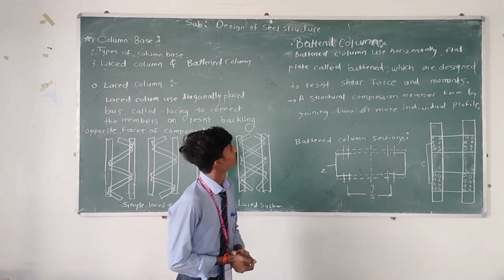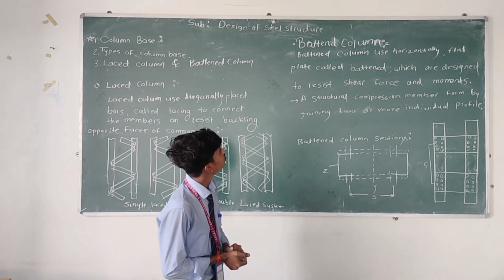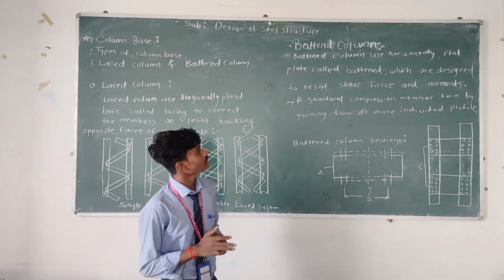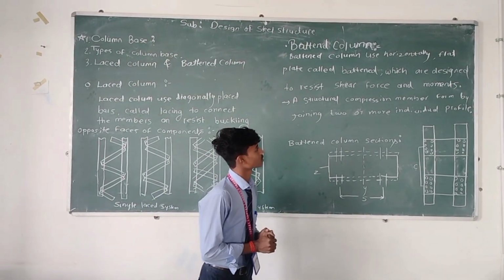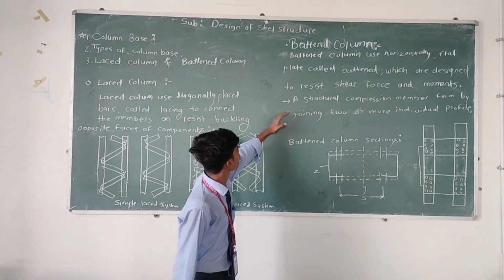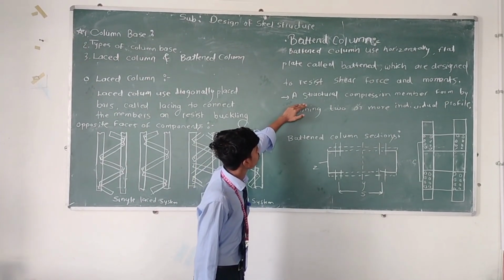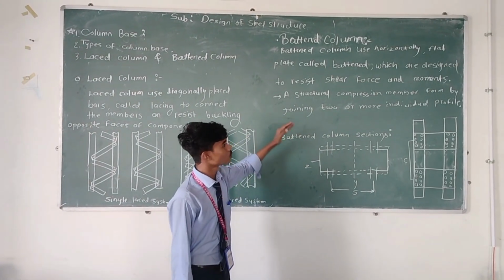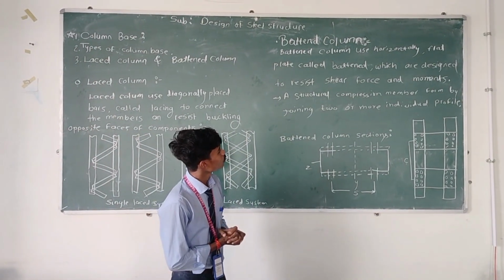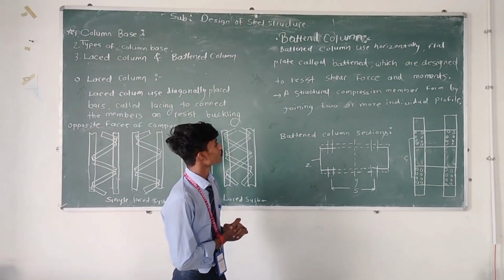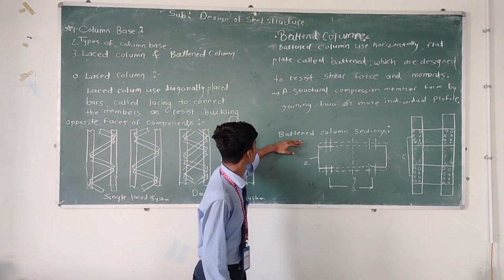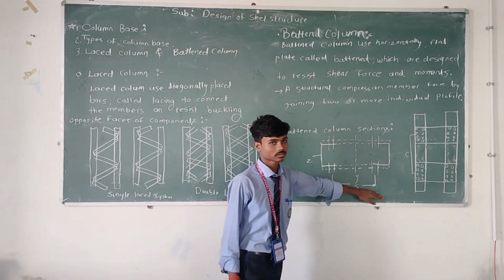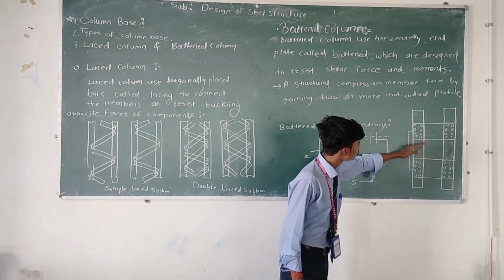So next, batten column. What is batten column? Batten column uses horizontal flat plates called battens, which are designed to resist shear force and moments. They are structural compression members formed by joining two or more individual profiles. Profiles means columns. And these are batten column sections. This is our batten column section. This is a bolted connection to the columns and